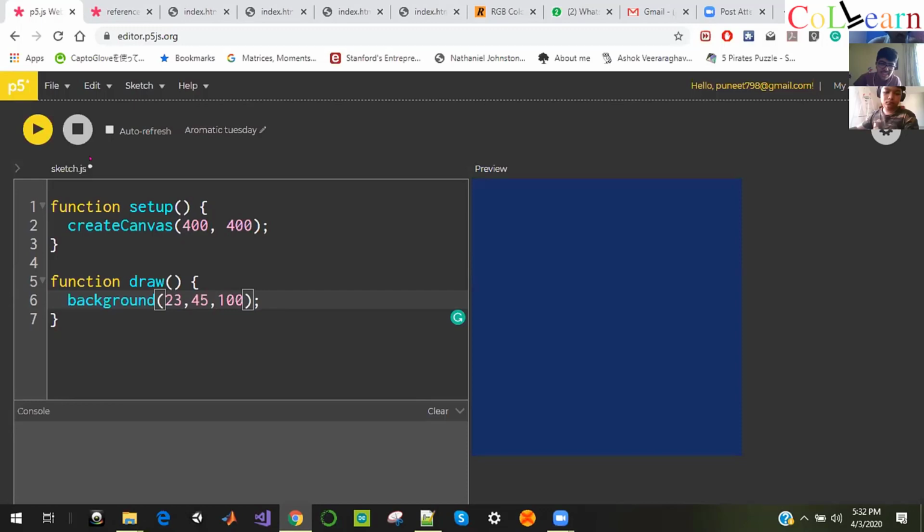Similarly, when you type 23, it meant how much red you wanted. So you wanted 23 as red. Now if you type 45, it is the second color called green, like RGB, red, green and blue. So first number represents red, second represents green, and third represents blue. All these combinations of colors are changing the colors on the right hand side.